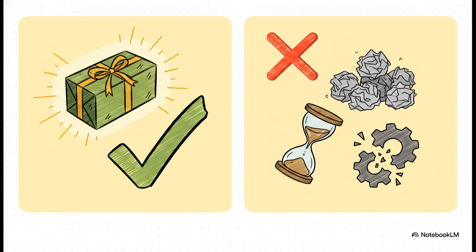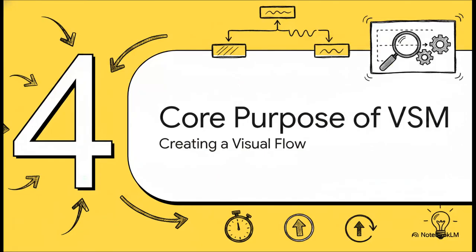This is the bad stuff. Delays, extra setup times, moving materials around way too much, rework because of a bad design, and those awful approval lags. By laying these two categories out side by side visually, VSM shines a massive spotlight on the hidden waste dragging your project down. Now that we know what we're hunting for, let's dive into Section 4, the core purpose